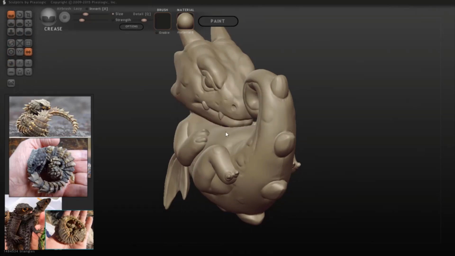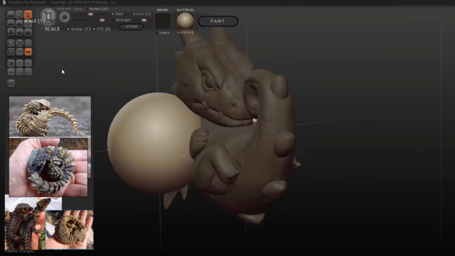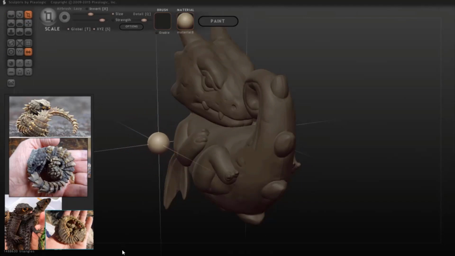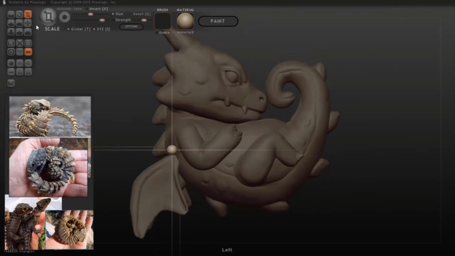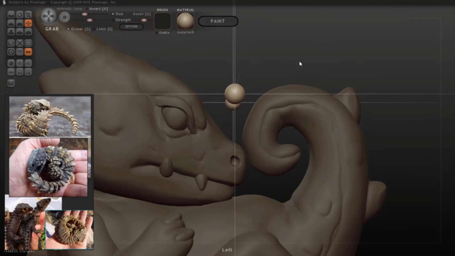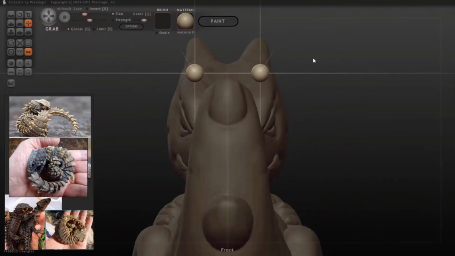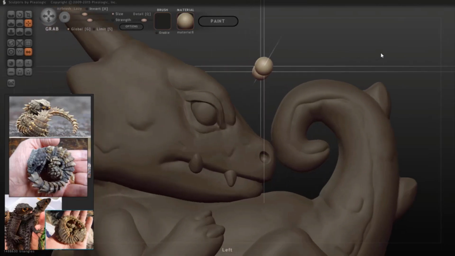I'm going to add a sphere, both sides here, and came with the idea that I want to add a little digital smoke, or just smoke, coming out of his nostrils, and we're going to sculpt it. So I'm going to take this sphere, kind of put it close into position like so, and move it right above his nostril like so,